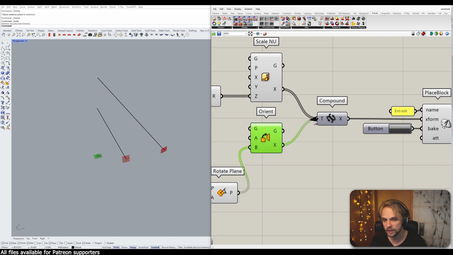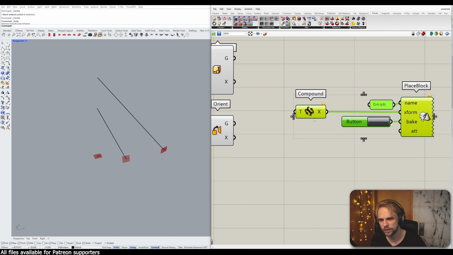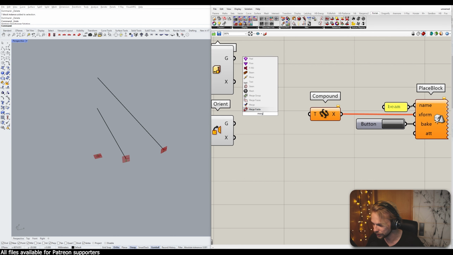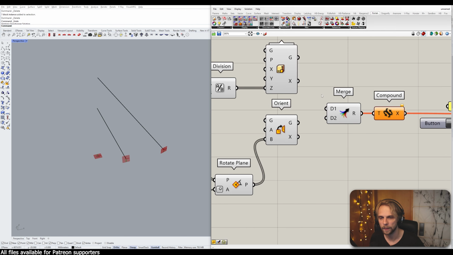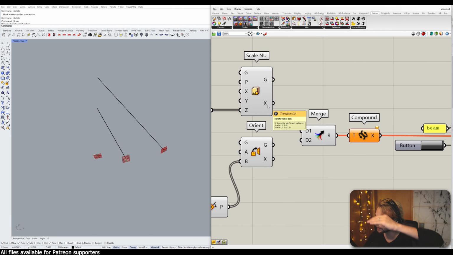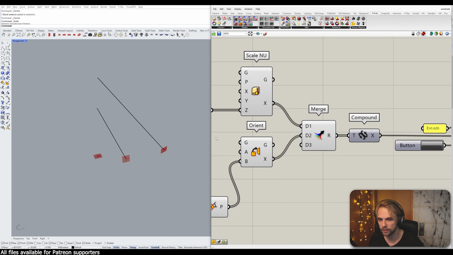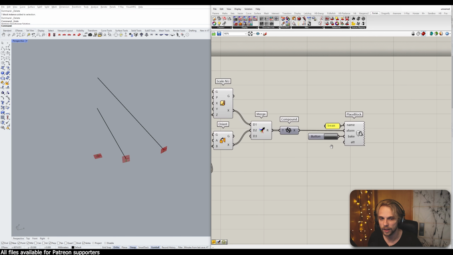No. First thing that needs to happen, let's disconnect. First thing that needs to happen, and just for clarity purposes, let's use merge rather than using the shift key. First, it needs to scale up to stretch out like that, and only then does it get oriented into the correct position. Then if I press bake,